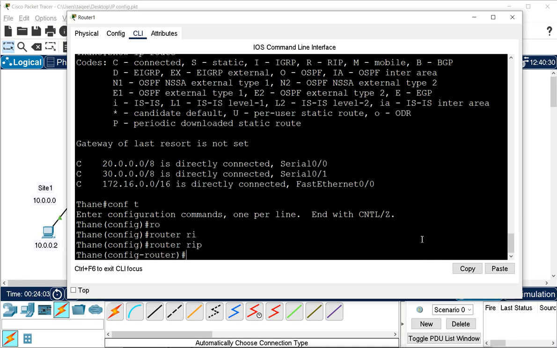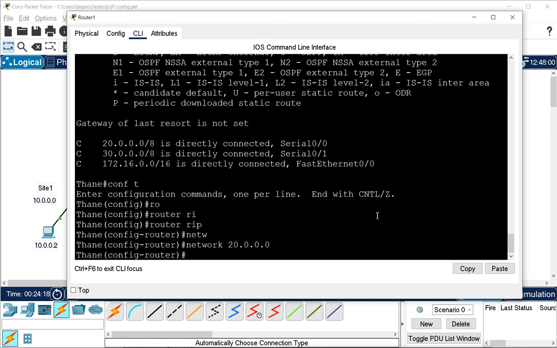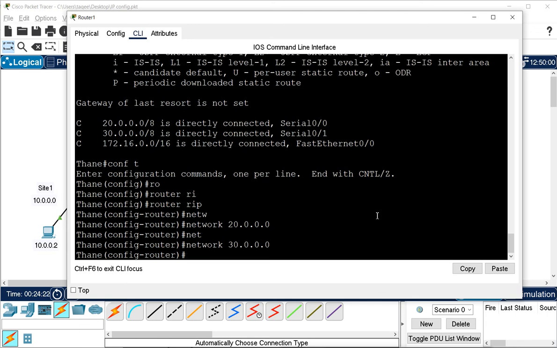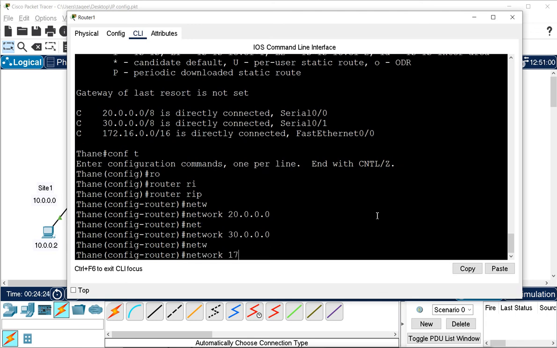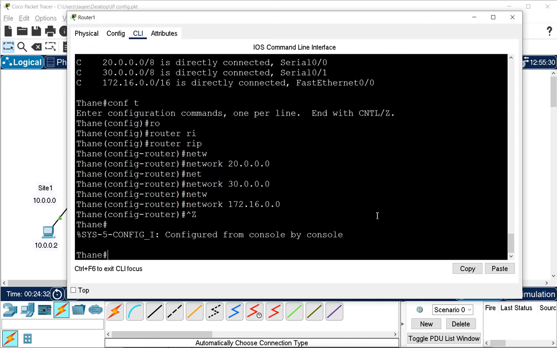I'm not using version 2, so I will go with the default version 1. I will mention the networks using the network command. First network is 20, then the second network is 30, connected network, then the third network is 172.16.0.0. Now it is done for this router.